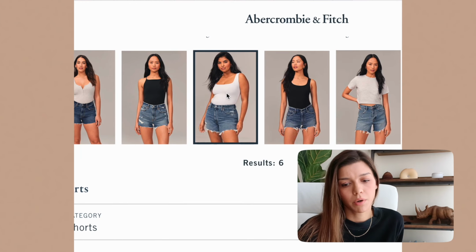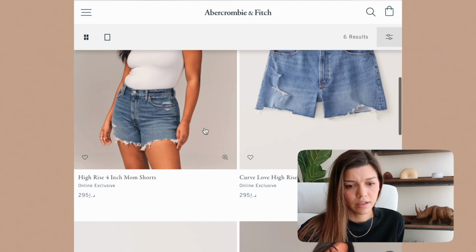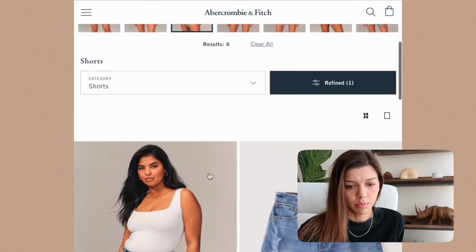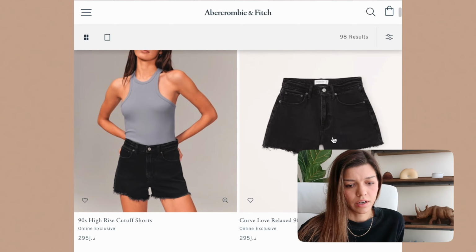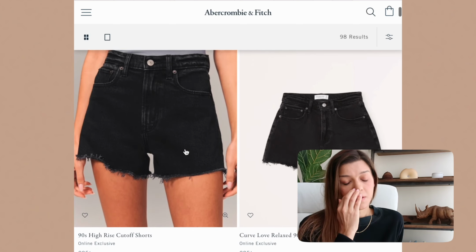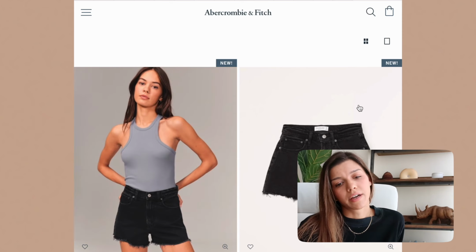I think you've seen my reviews previously. I just don't see the black. I think I would really like to see some really rich black. Okay, this one actually looks really nice. So this one in 90s high-rise cut off,